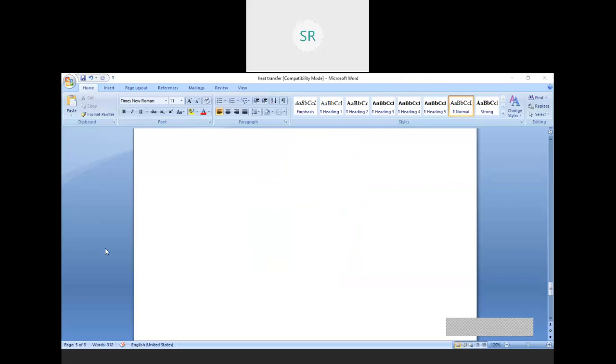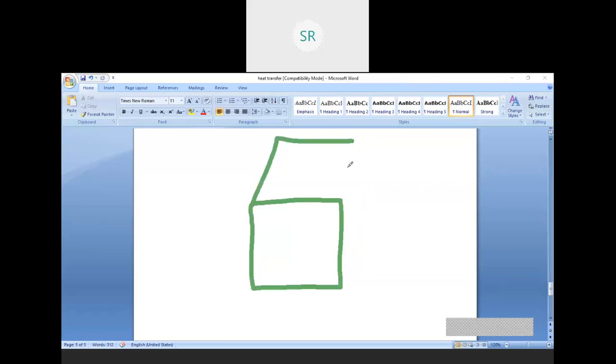Difficult to draw here. Say this is y direction, this x direction, and this is z direction.